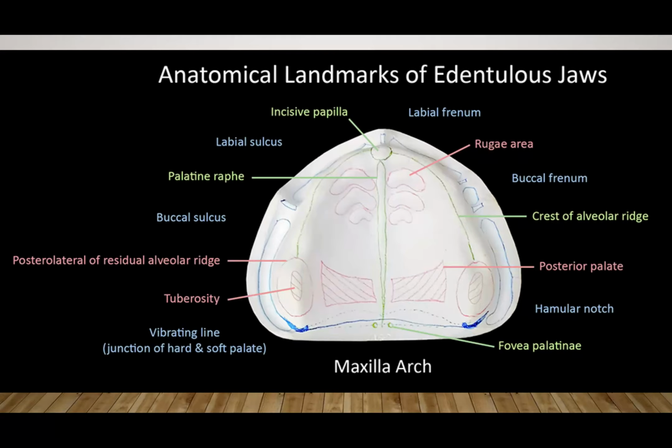Next come your relief areas and your limiting structures. As the term itself suggests, the relief areas are where the stresses shouldn't concentrate, where the stresses should be relieved completely from those regions. And you have your limiting structures, which help us to determine or mark the limit of extension of your complete denture. So when you look at the anatomical landmarks, you can see